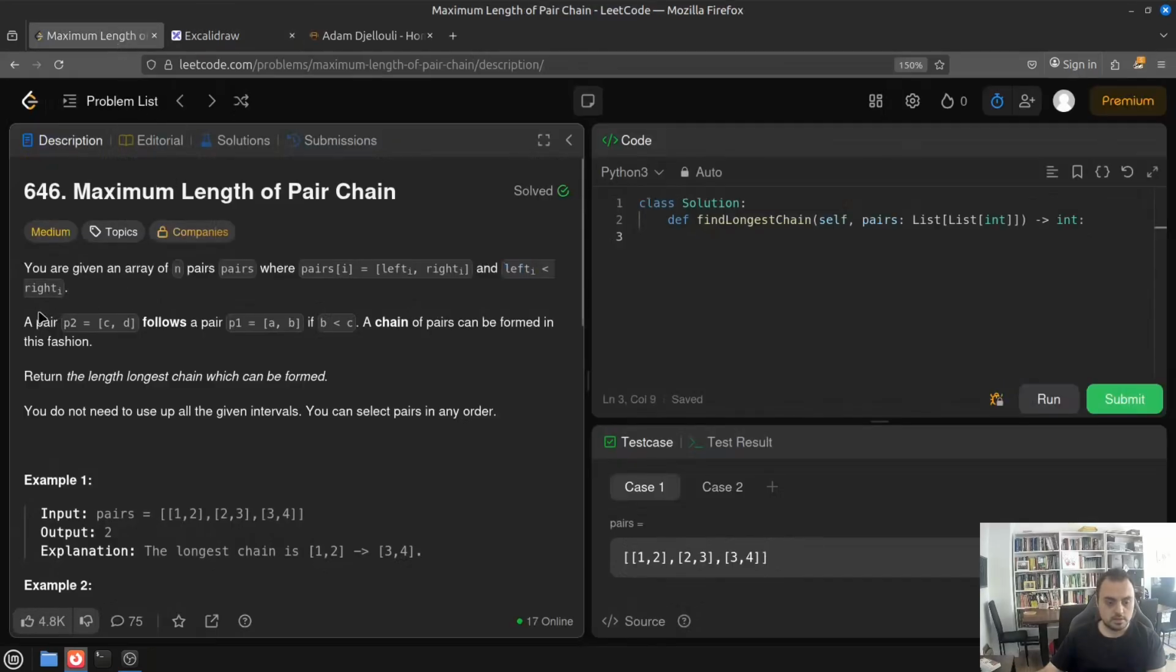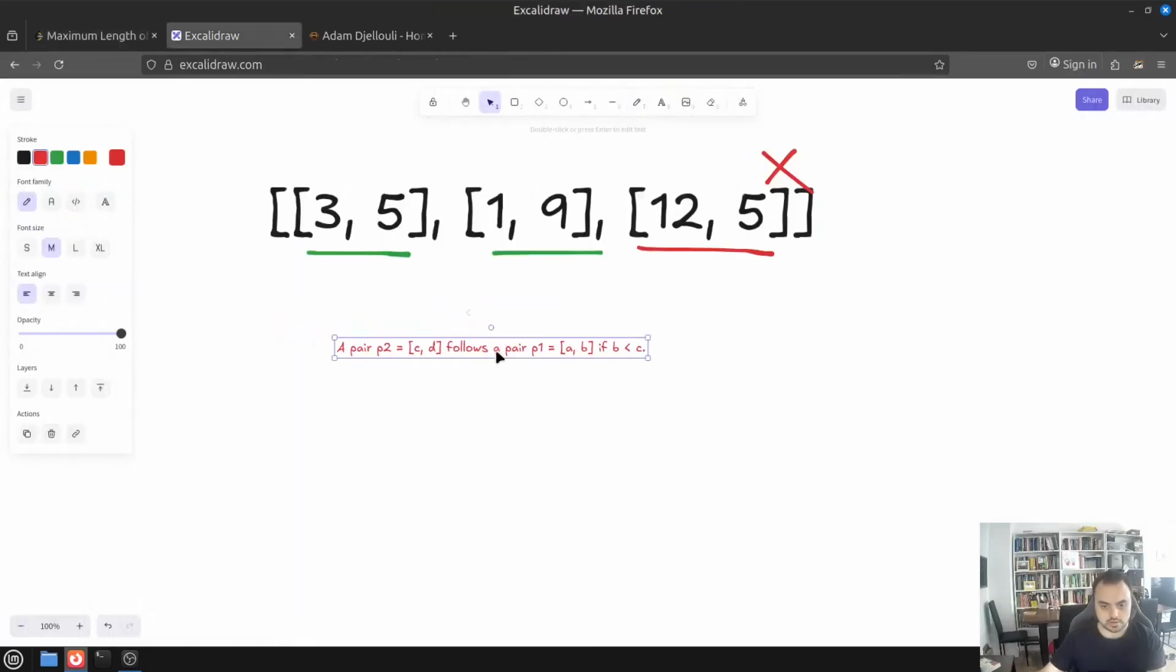And now is the next important bit of information. A pair P2 consisting of C and D sub-elements, those are those left and right, just here it's called C and D, follows a pair P1 consisting of A and B if B is less than C. A chain of pairs can be formed in this fashion. Yeah, so here they want us to form pair chains out of pairs, and there is a special condition that needs to be satisfied in order for a chain to be formed. So let's put it here,